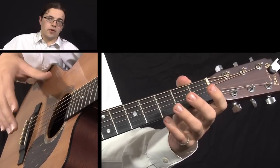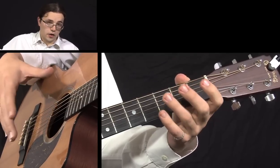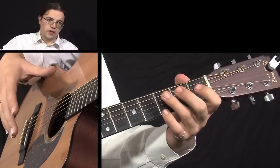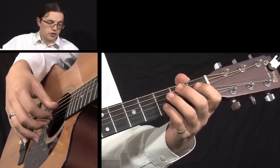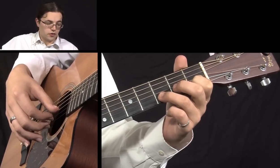Always our first step with any of these fingerstyle arrangements of folk tunes as a solo player is to make sure that we can play the melody really clearly and well before we start thinking about chords and adding any harmony to it. So going straight into it, starting on the B string,